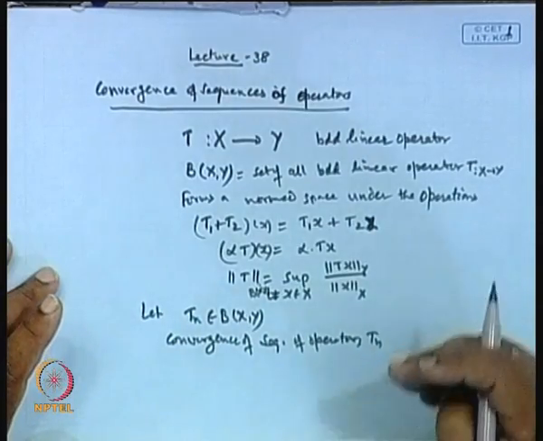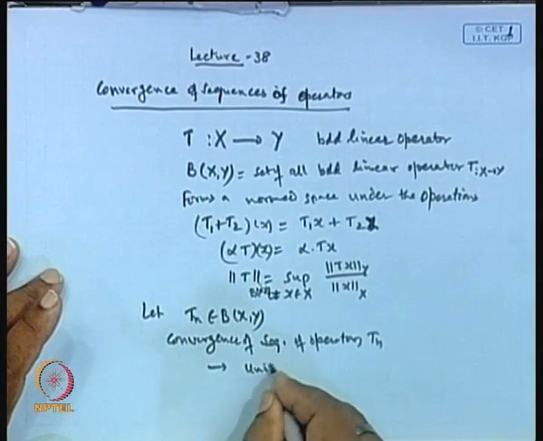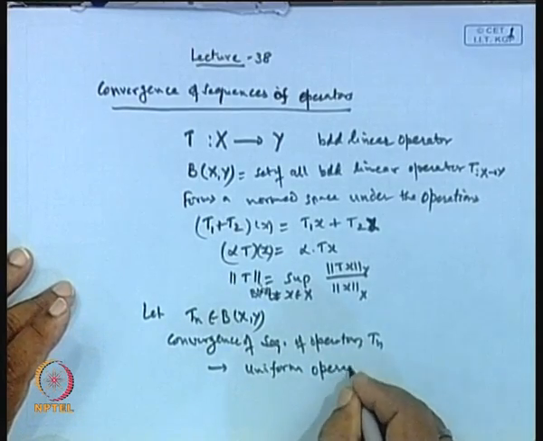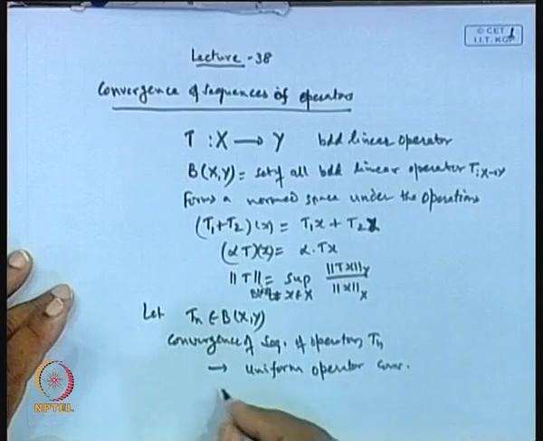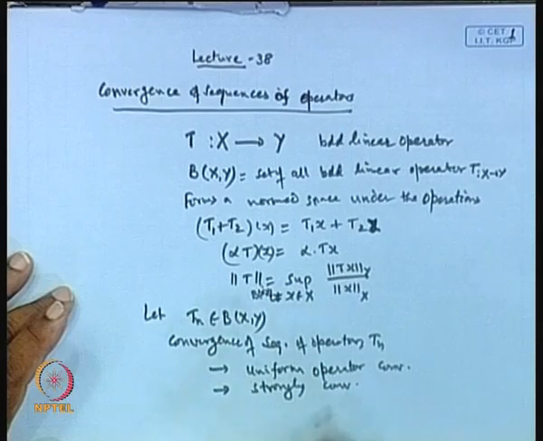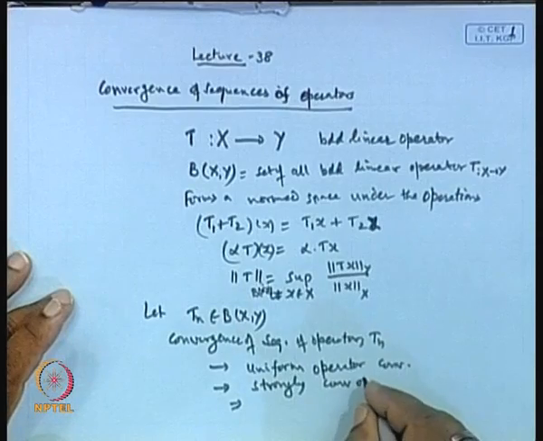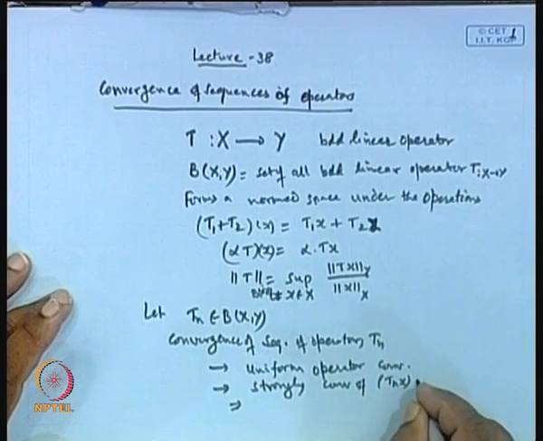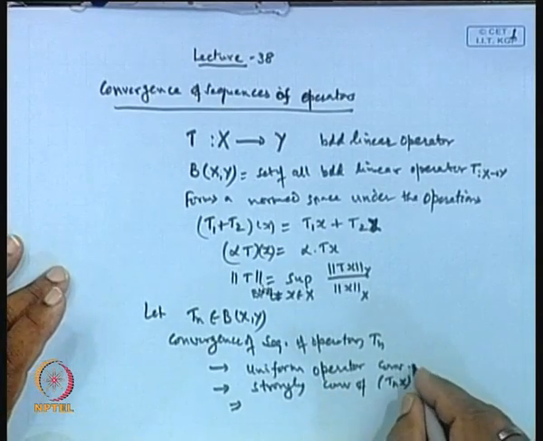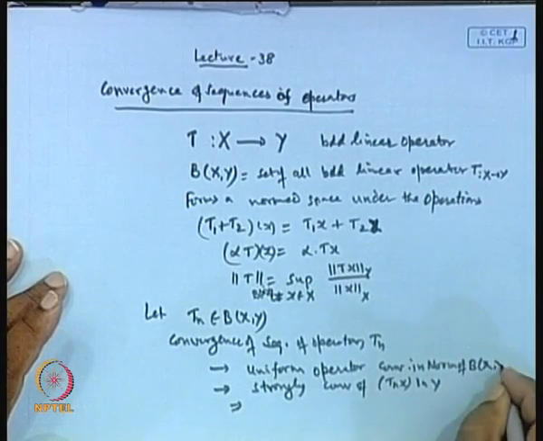So, with respect to this norm, we can classify this convergence of sequences of operators in three categories. These categories are uniform operator convergence, which is convergence in the norm of B(X, Y), then strong convergence of T n x in Y,